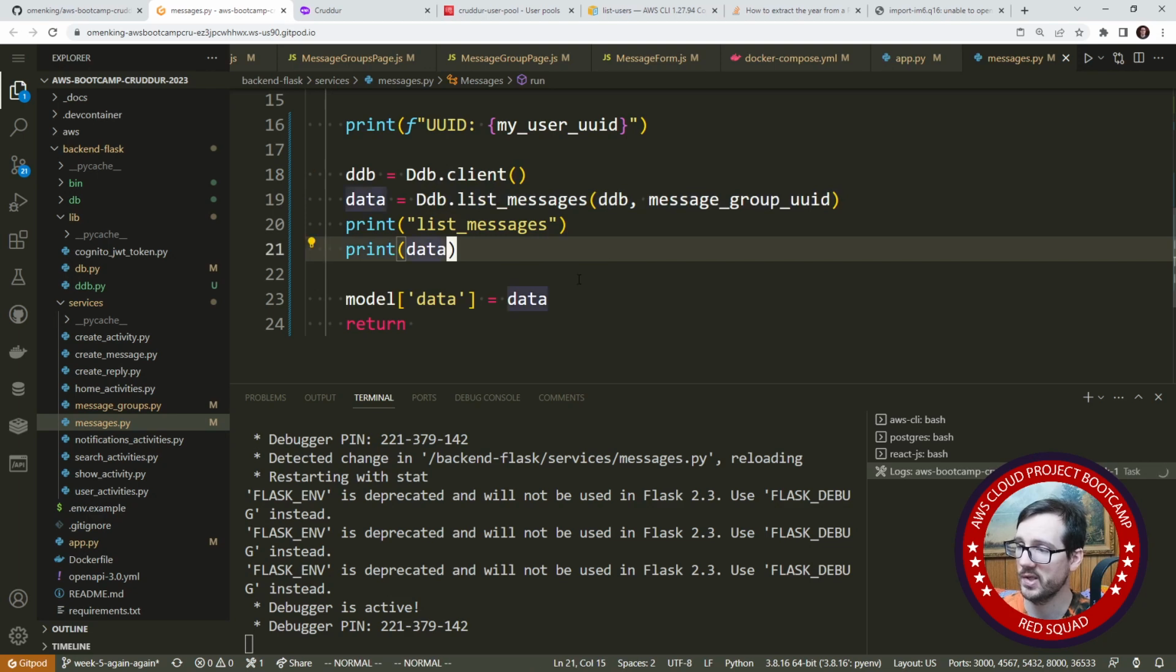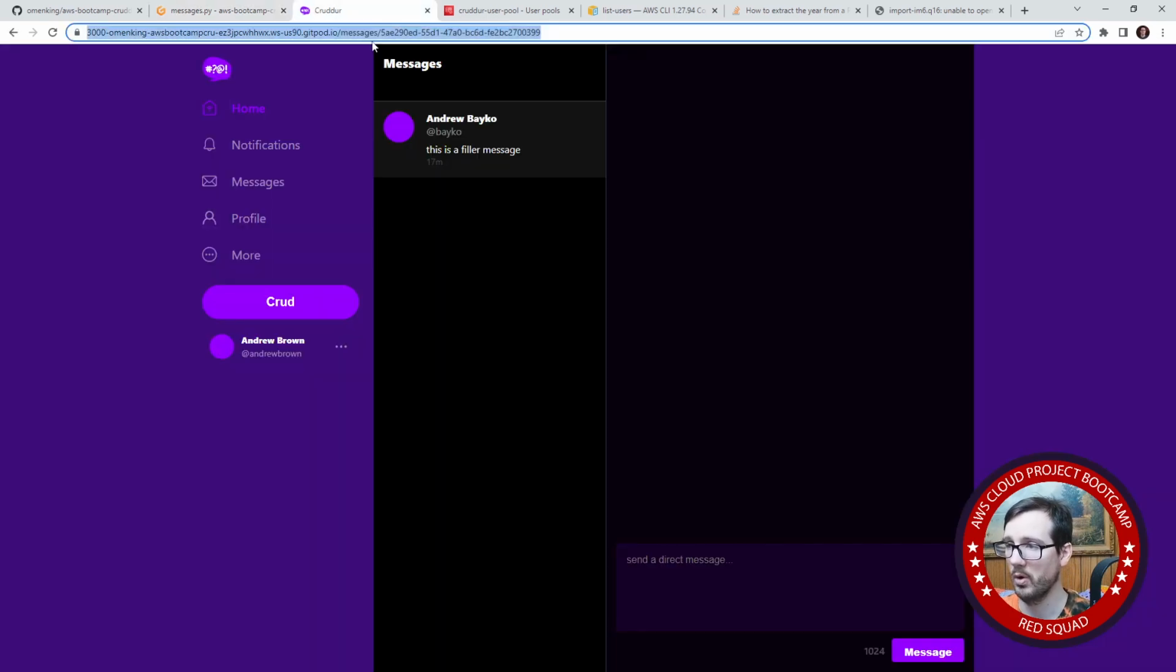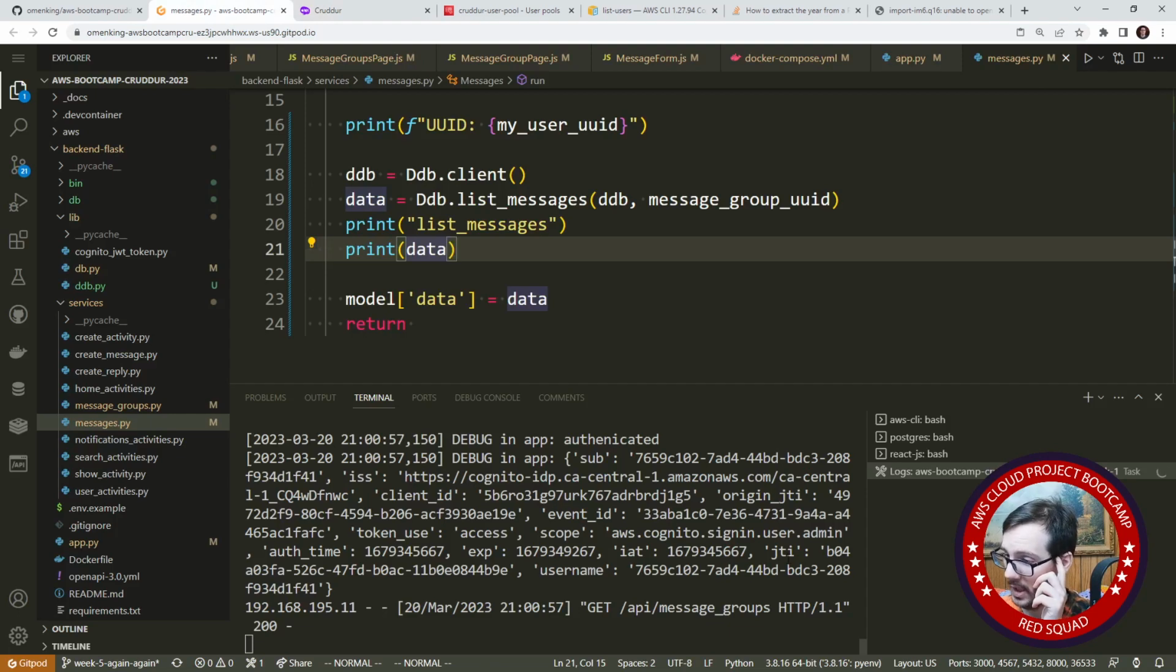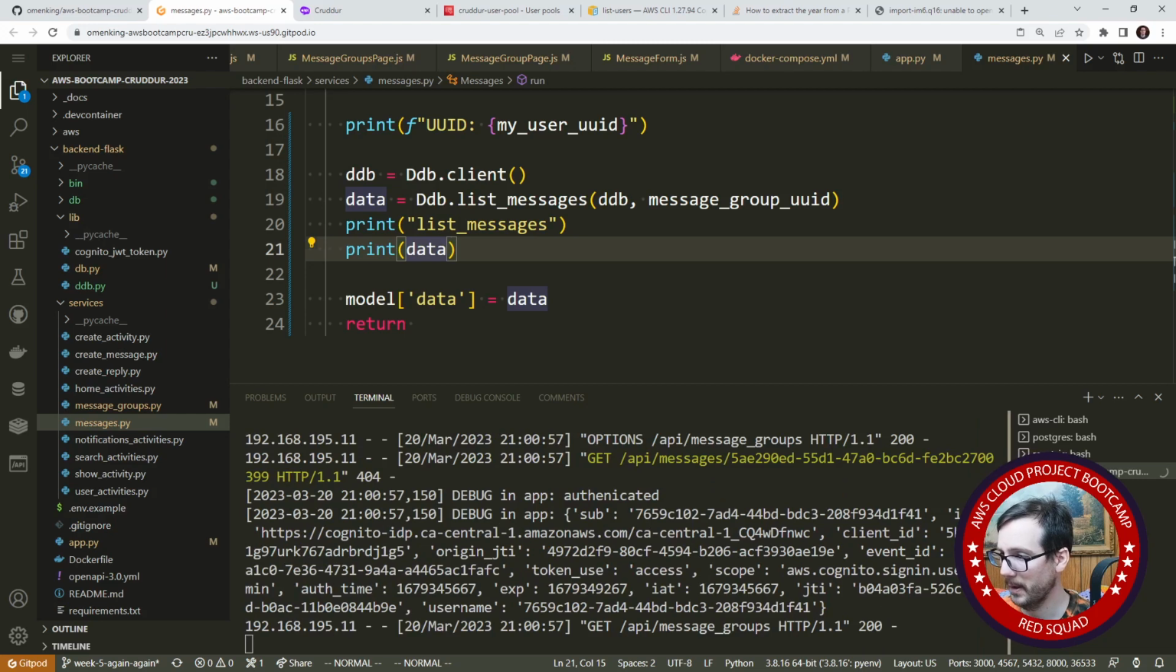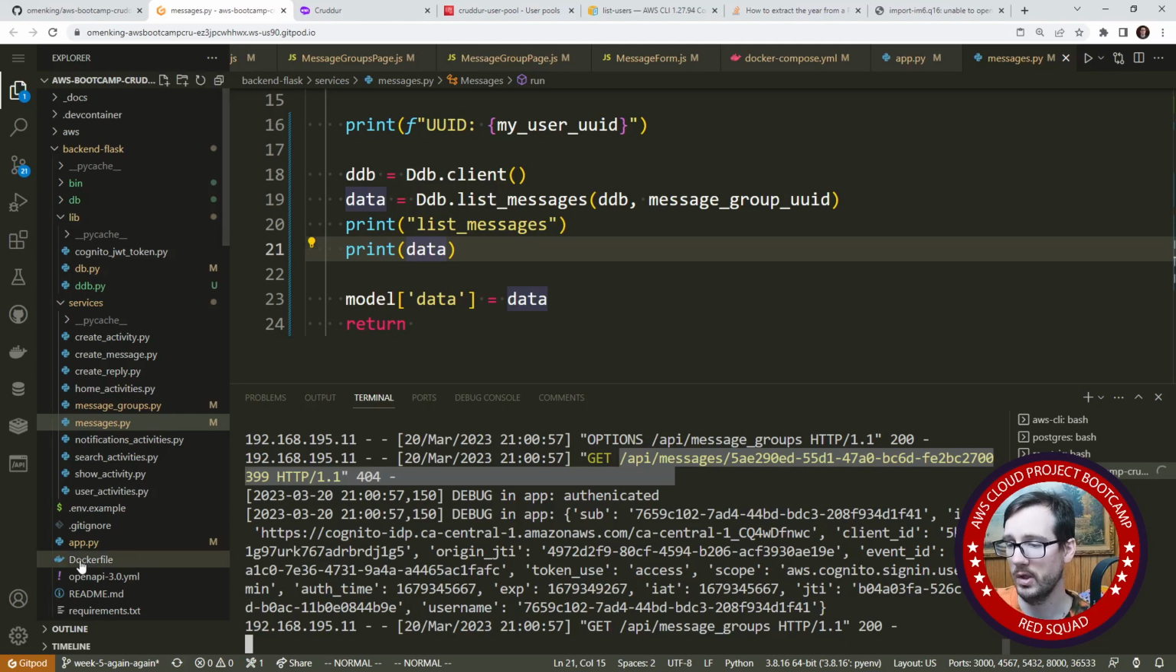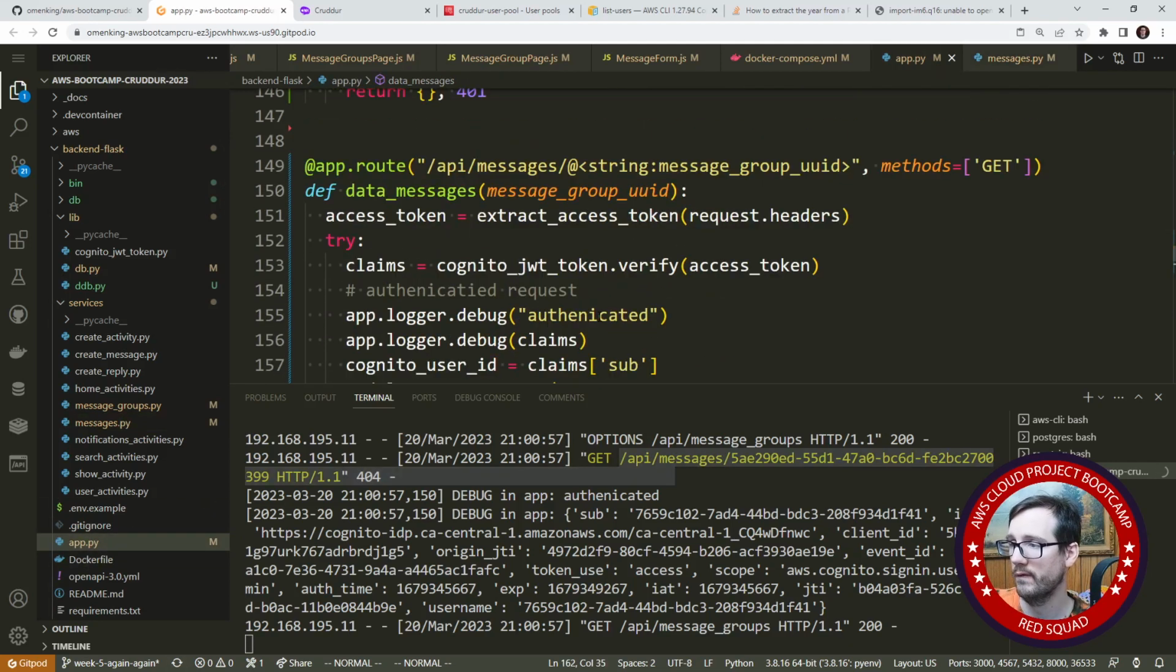List messages, this all looks good. I'm hoping that this works. We'll go back, we'll refresh, and we will take a look at what errors we get. Let's see if it even made it to the server here. It says here API messages returns a 404, basically saying that it does not know where the routes are going. If we get a 404, it normally means that there is an issue with the way we defined our routes,